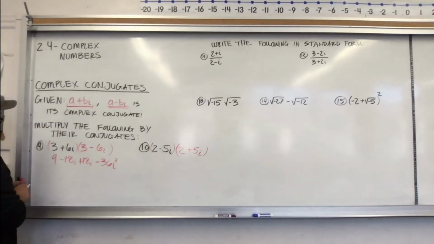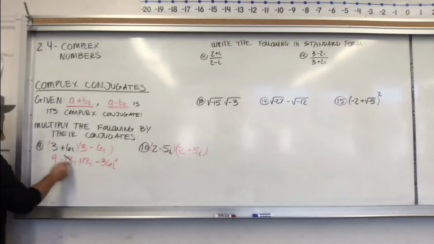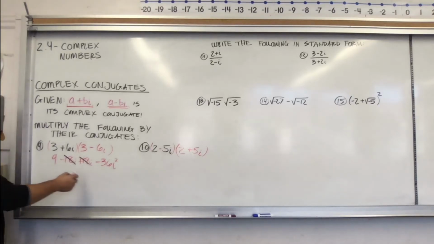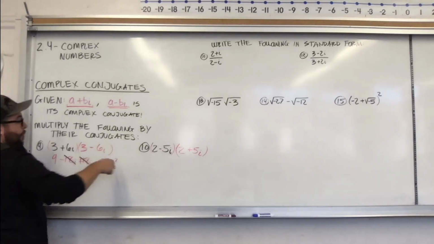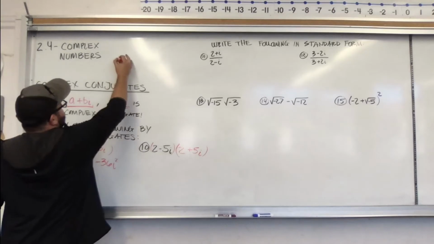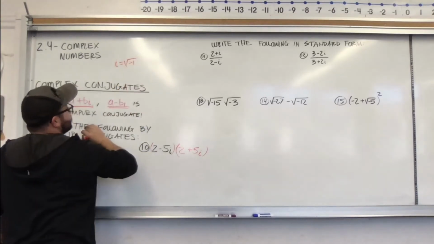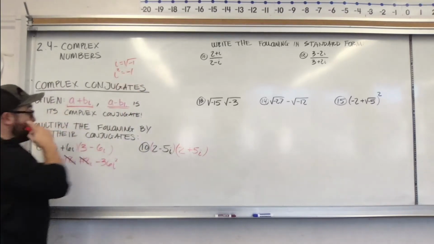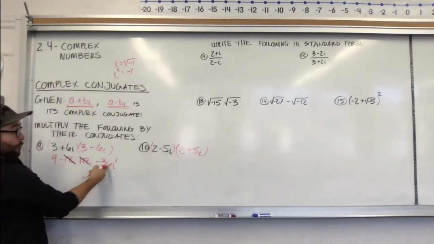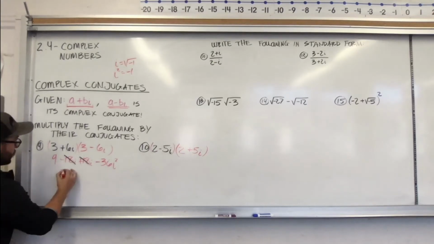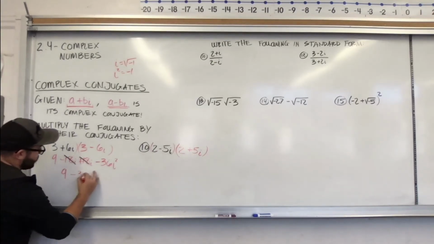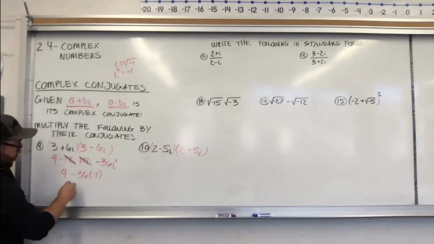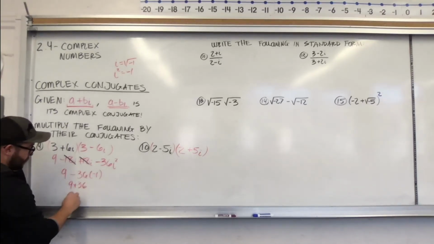Well, as we saw in the last one, those middle terms are going to cancel out for us, which is nice. And now we have this i squared. Remember, i is the square root of negative 1, and i squared, if we square that, is just negative 1. So it's like multiplying the negative 36 by negative 1. So it's minus 36 times negative 1. That just turns it into addition, and we get